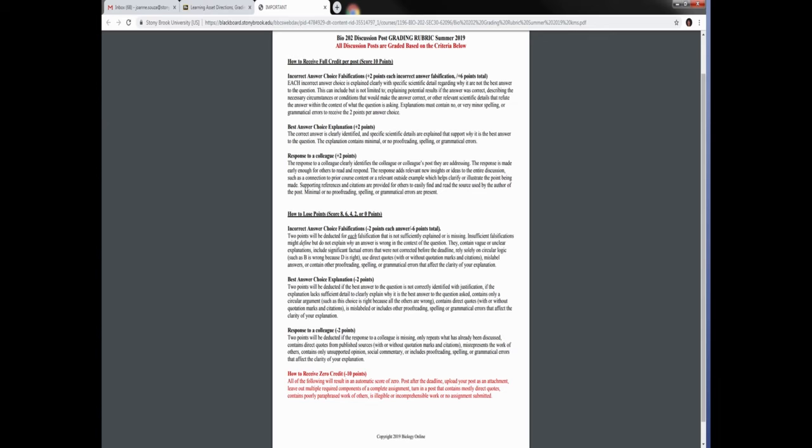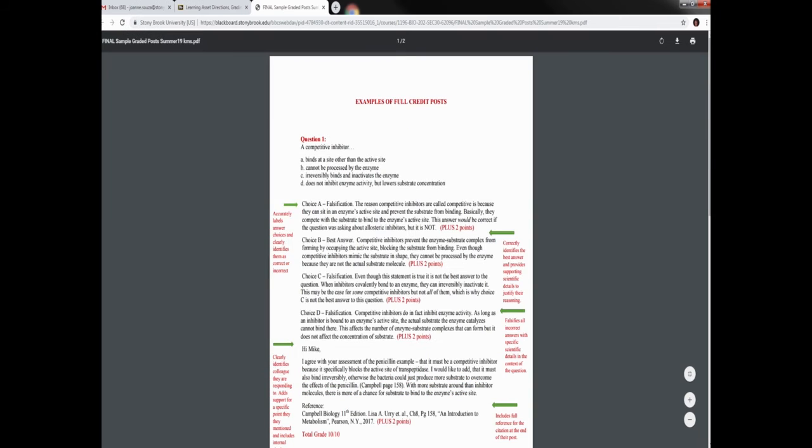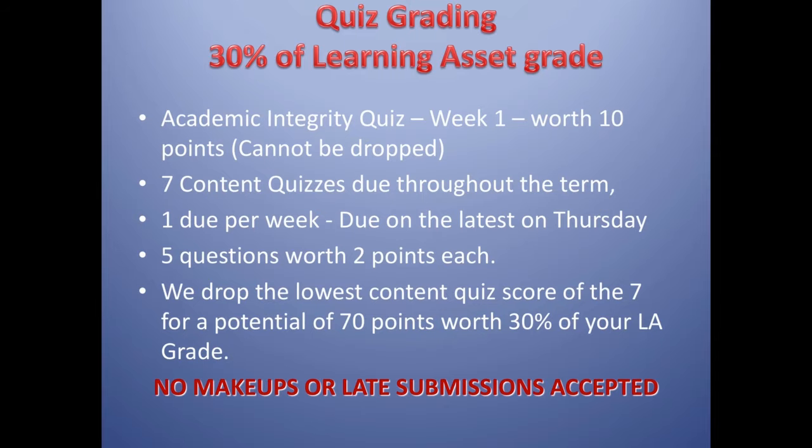We don't allow direct quotes, as you should be paraphrasing to show us that you understand the information. So be careful that you don't receive 0 credit. There are also examples of full credit posts for you that will show you exactly how you should be crafting your posts. Make sure that you read through these and you understand them carefully before you submit your discussion post.